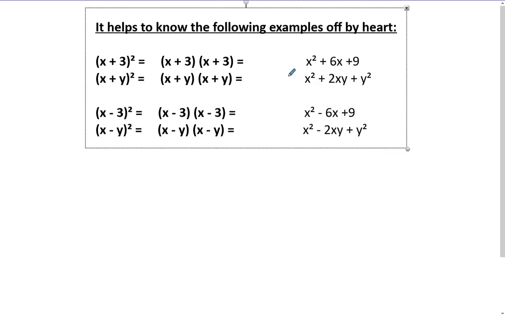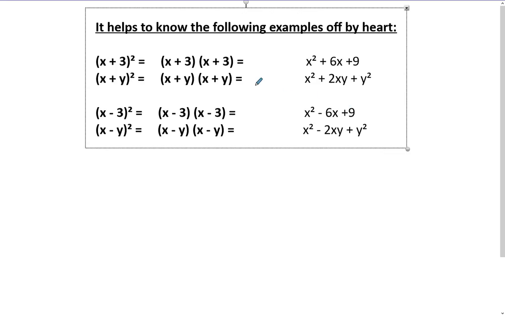So if you have x plus y squared, it's going to be x plus y times x plus y. So then you'd have x squared, and you'd have two lots of x's, so 2xy, plus y squared. If you have x minus 3 squared, then you know you're going to have x squared, and then minus 3 plus minus 3 is minus 6, and minus times minus is positive, and then 3 times